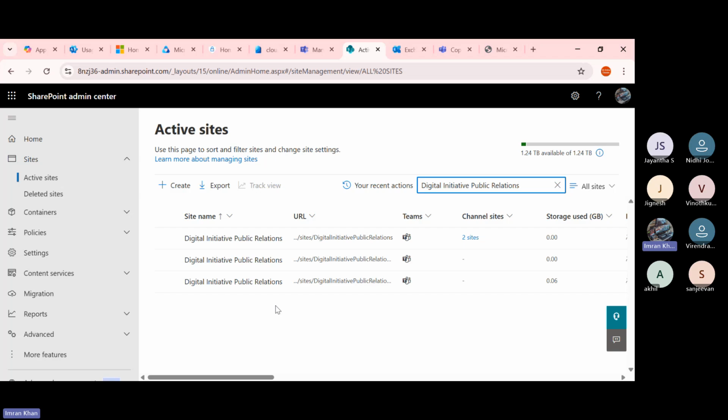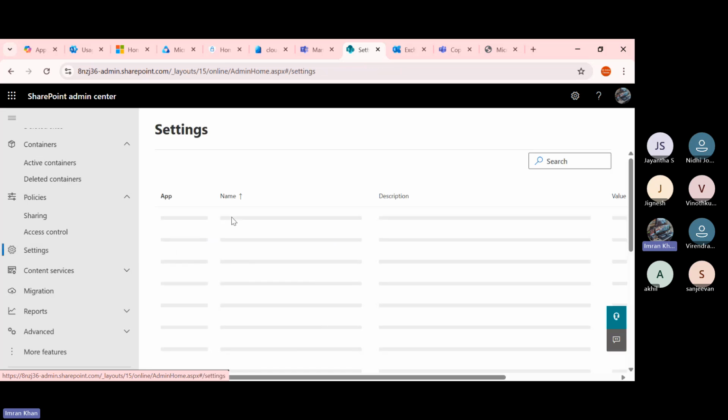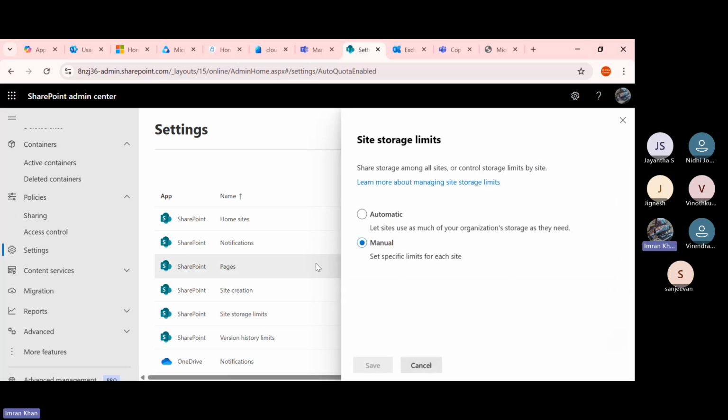SharePoint is basically used for the intranet side, with workflows and document libraries. SharePoint is most used by advanced users for integration with Power Automate, Power Apps, and Microsoft Lists. And as admins, we have the permission settings for sharing documents, some policies, containers, and settings like how to share your document, how to create a site, how sites look, how to get notifications, how we can create pages, site creation, and what the default storage is when we create any SharePoint